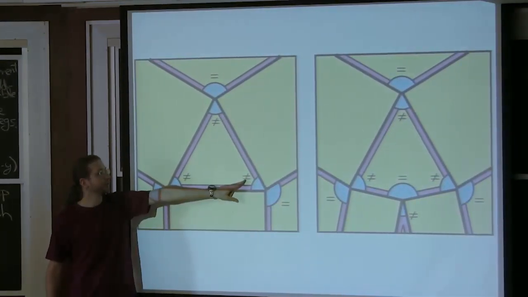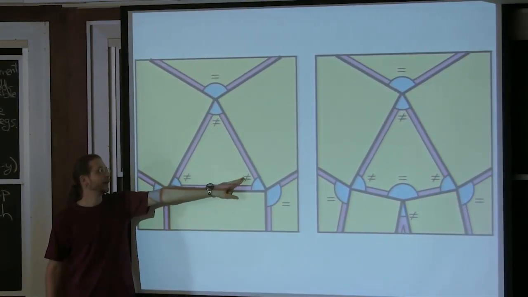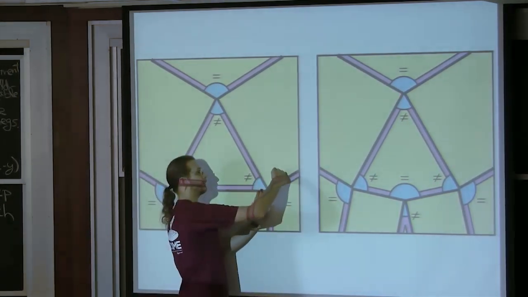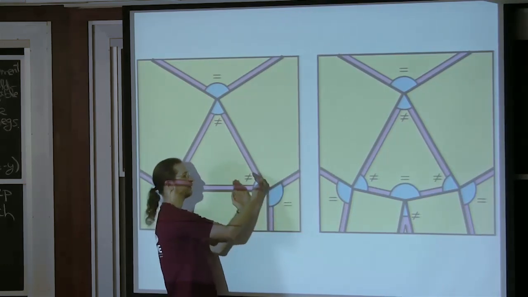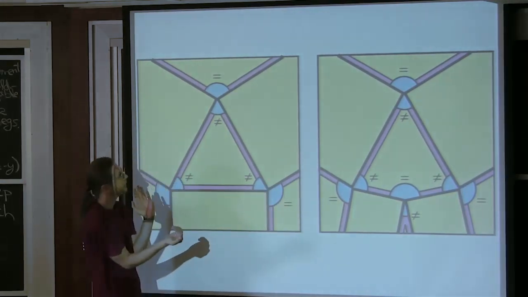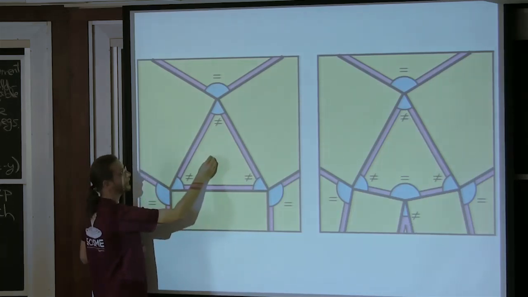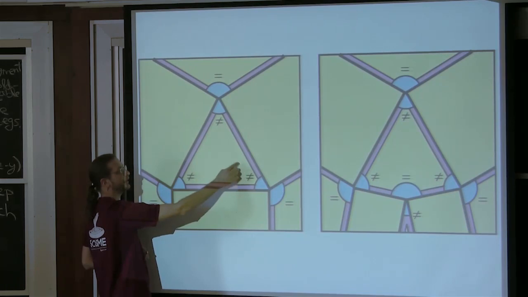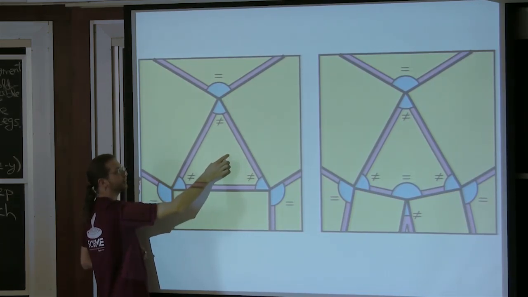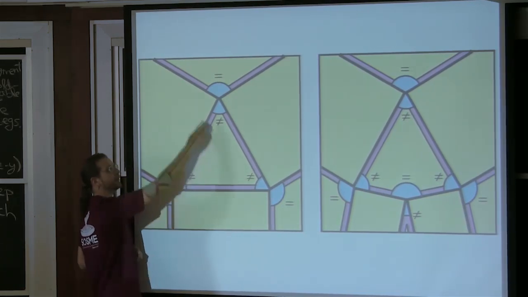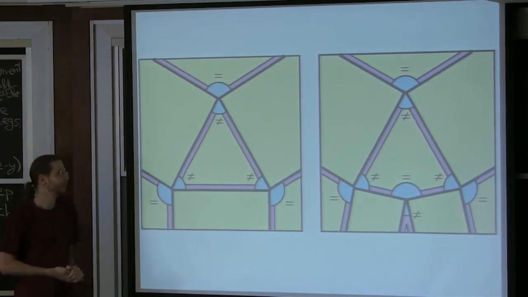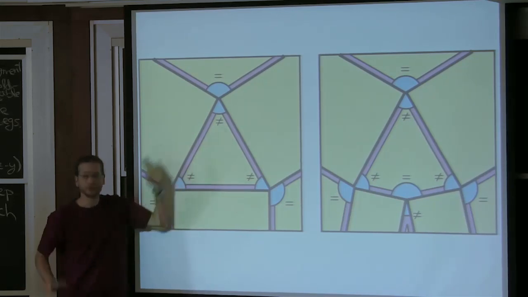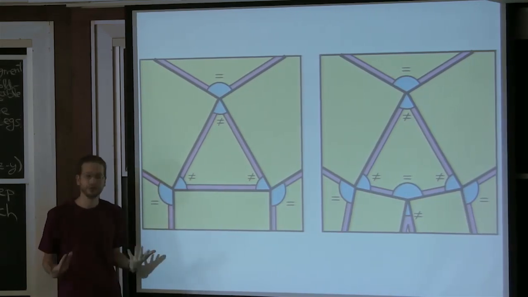Like if this were an equal sign, then you'd be happy, and that would happen, for example, if you move these creases to be very small. I'd have to also make this one proportionally big, which is possible. If I move this vertex way over here, I'll have a triangle. This will have a big angle. Then I can have a small angle here, and these two guys will be made not equal, and these two will be made equal, and then the parity is fine. So if you have a cycle with an odd number of not equals, then you're screwed. In the generic case, there's nothing you can do.